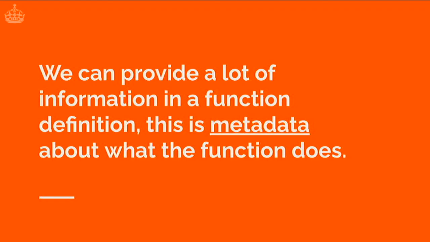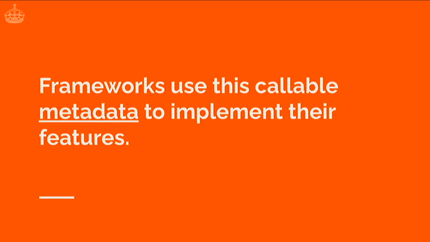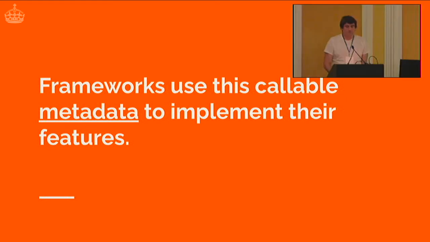And so we've really got quite a lot of information about a function's definition when we write it, and I think of this as being like metadata about what a function actually does, and we can use it in our code. And that's basically how frameworks work. They use all of this metadata related to the callables that you've written, and use it to implement the features inside of that framework. So when you pass a route to FastAPI, where you're saying this is like app.get, whatever,